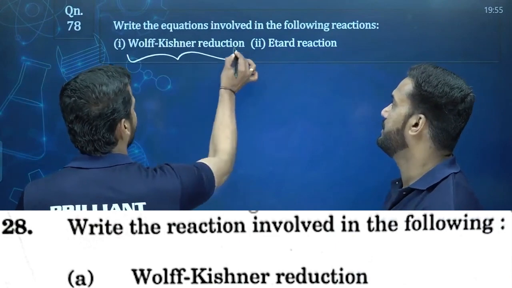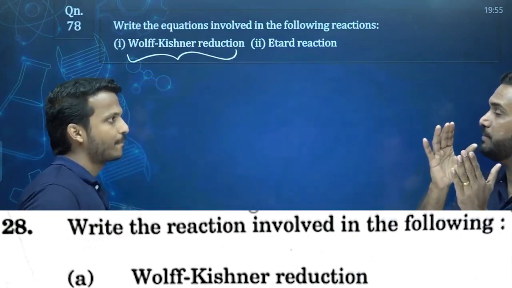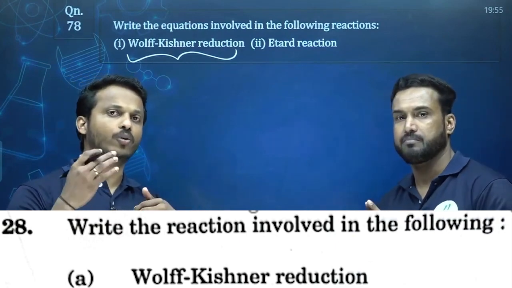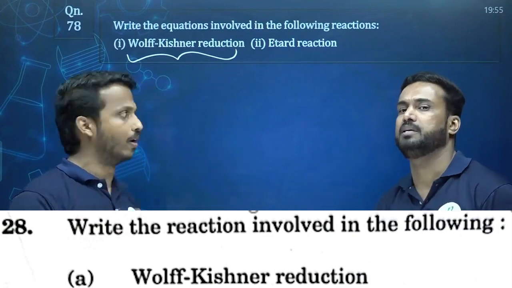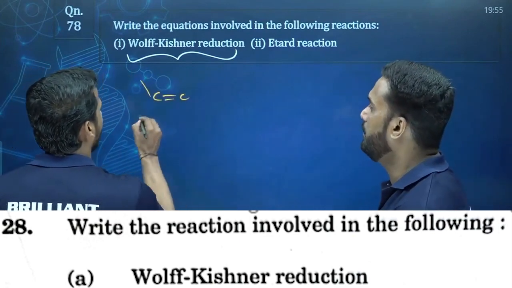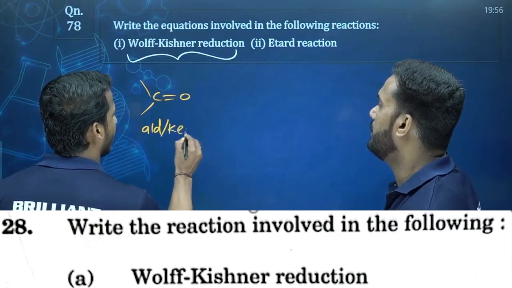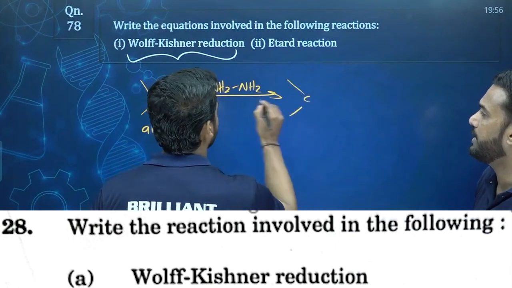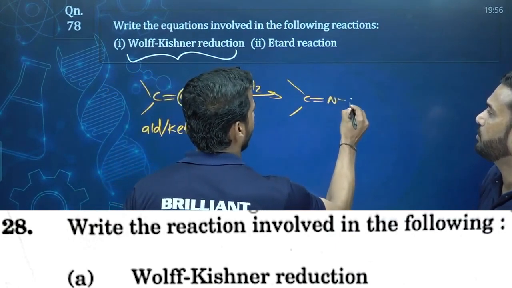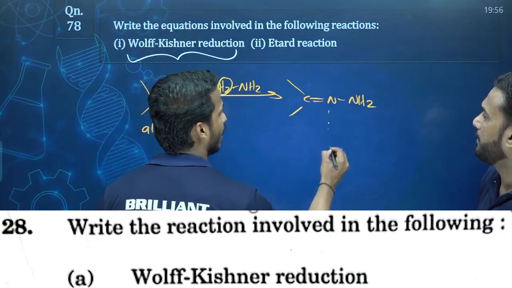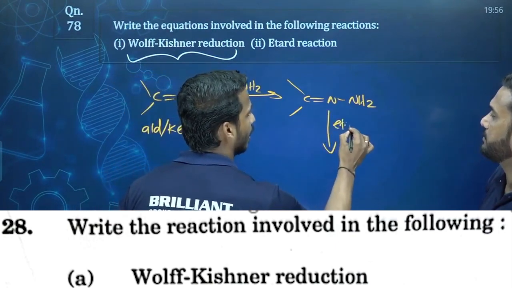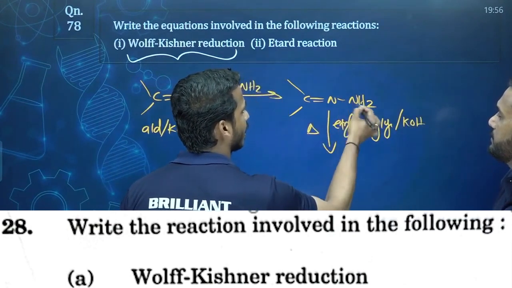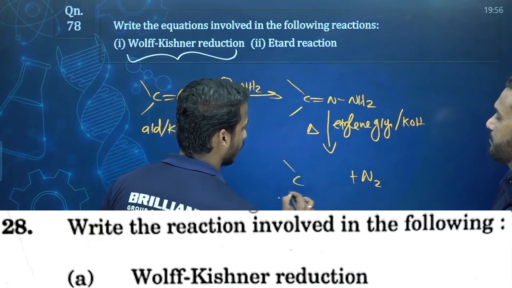Reaction: Wolff-Kishner reduction. This is what we told, Wolff-Kishner and Clemmensen reduction, same type. You can expect it. If they ask any name reaction, you can write either the general equation or any example. Generally Wolff-Kishner: C=O, aldehyde or ketone, when reacted with NH2NH2, hydrazine, goes to C=N-NH2, hydrazone. And hydrazone when treated with ethylene glycol and KOH, then on heating you will get nitrogen gas and you will get